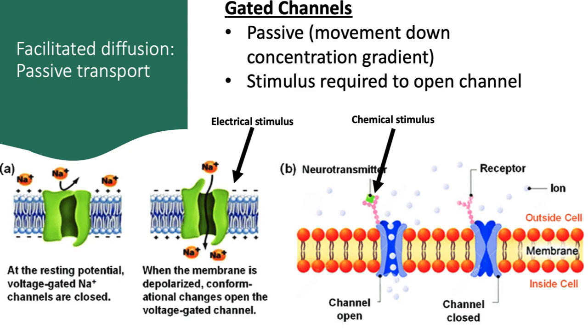Some passive transport occurs through gated channels. This type of transport is still passive because the movement of solutes still goes down its concentration gradient. However, the channels are gated, that is, some stimulus is required for them to open. In order to transmit a nerve impulse, a particular charge across the membrane is responsible for opening the ion channel. In other cases, neurotransmitters are the stimulus required to open those channels.